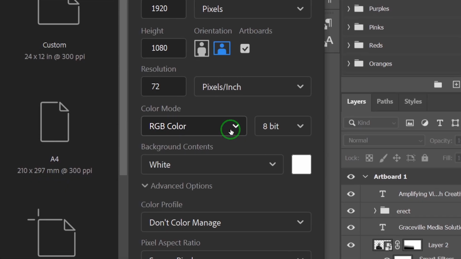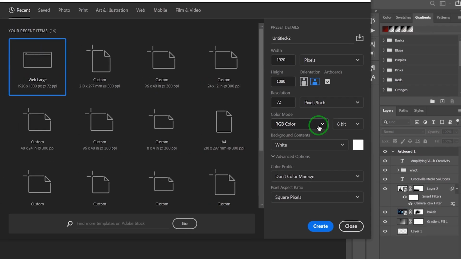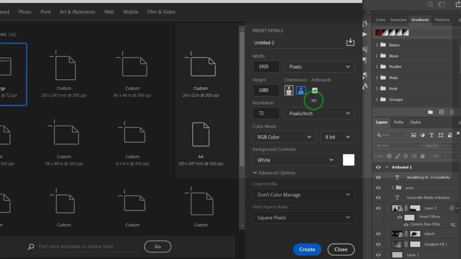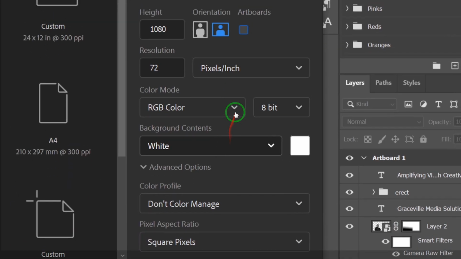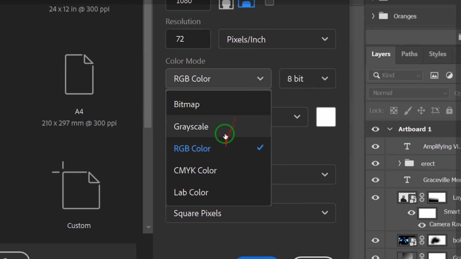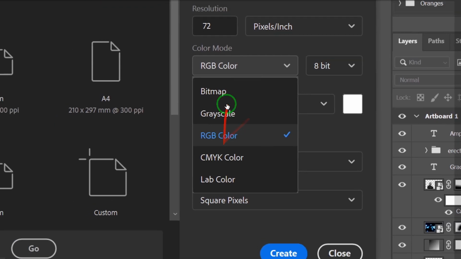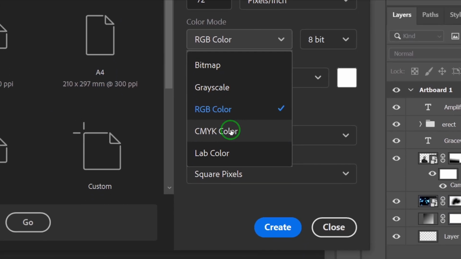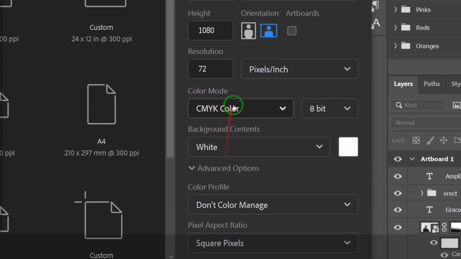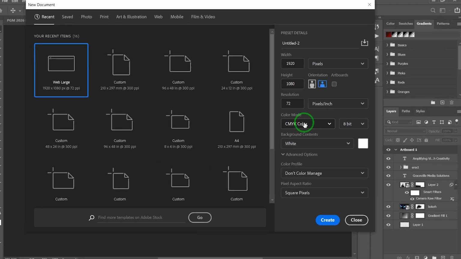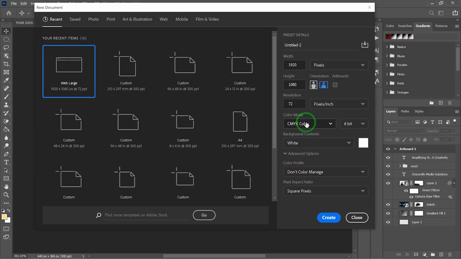Now the reason it's not showing me the options for CMYK is because I have my artboard option selected, so I have to uncheck this option. Now I come back to my color mode and it's going to give me different options. Now I have grayscale, bitmap, whatever, but what is of concern to us right here is the CMYK color. So if I set it to CMYK color mode, it means I want to set it for print. But if it's for displays or for screens, I just go with the RGB color mode